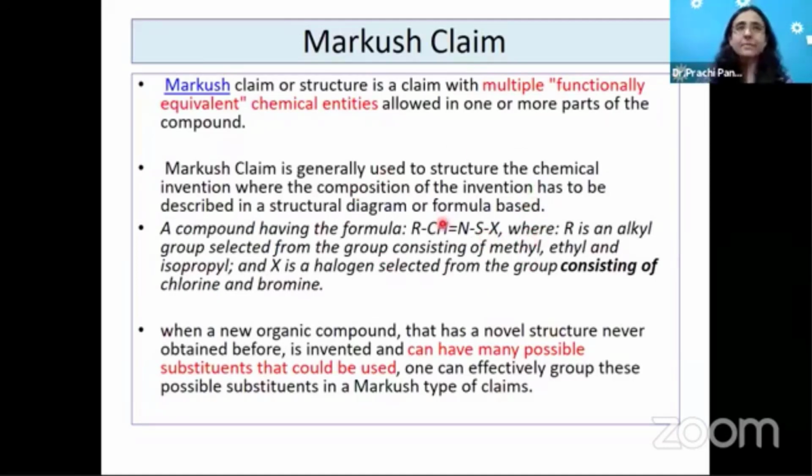So Markush means a particular structural component, moiety, wherever you change any halogen, you change any alkyl group, functionally they will remain the same. Yes, for chemical moieties, if somebody has invented it, definitely they should get the patent of that. But nowadays the patent office normally doesn't prefer this because they want some new inventive concept, not covering in such a way that nobody else can enter. So Markush claim is there.